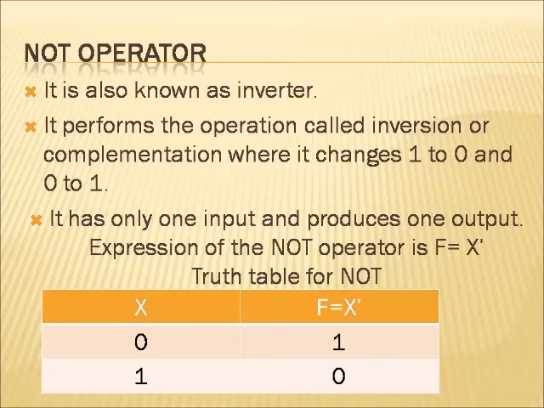the complement. You can see that when x is 0, its complement is 1, and when x is 1, its complement is 0. Complement means it is a negation or the inversion. Okay,